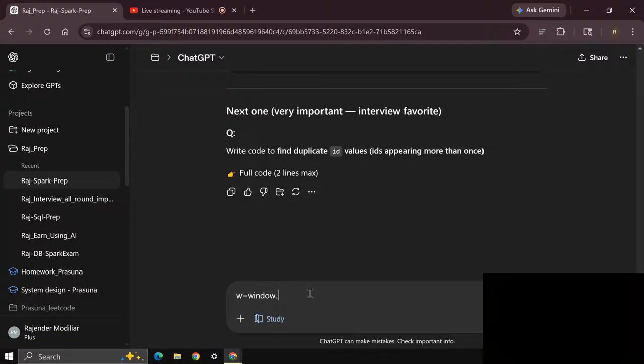Window dot partition by id. Dot order by id.